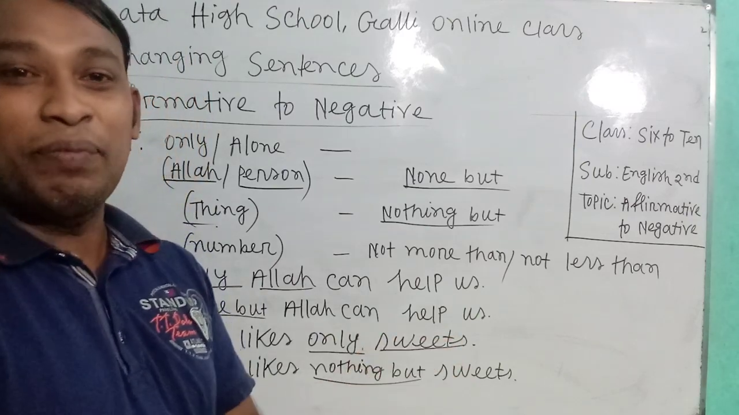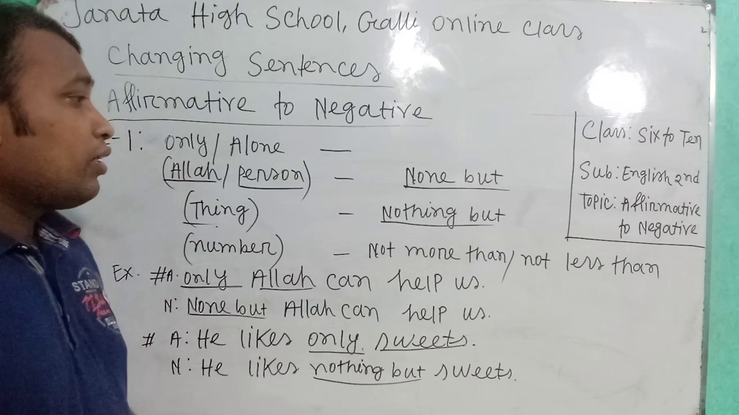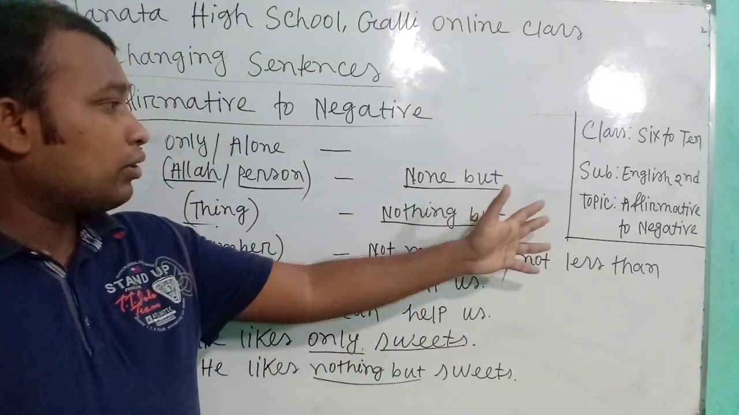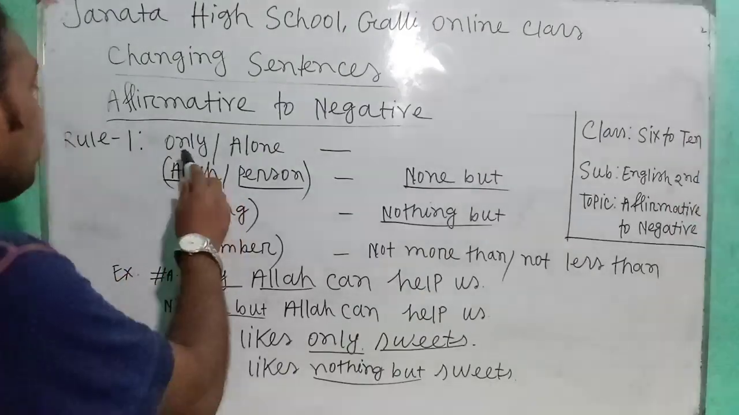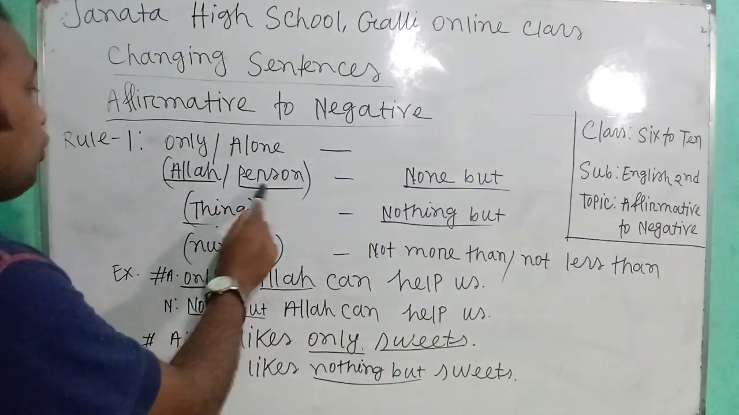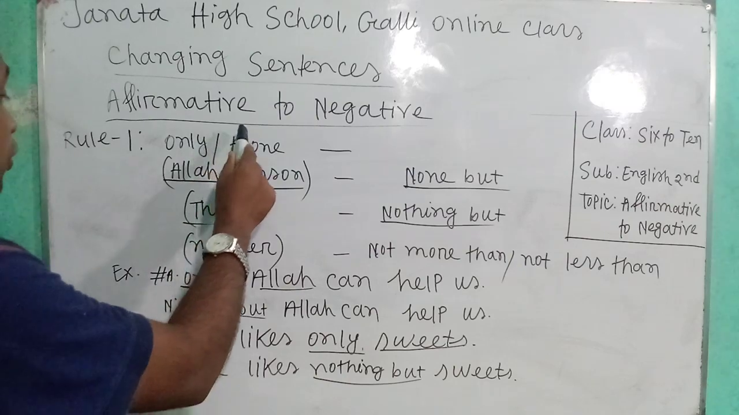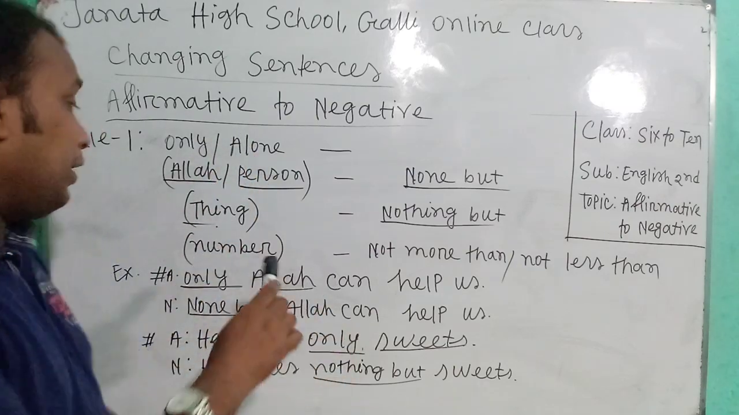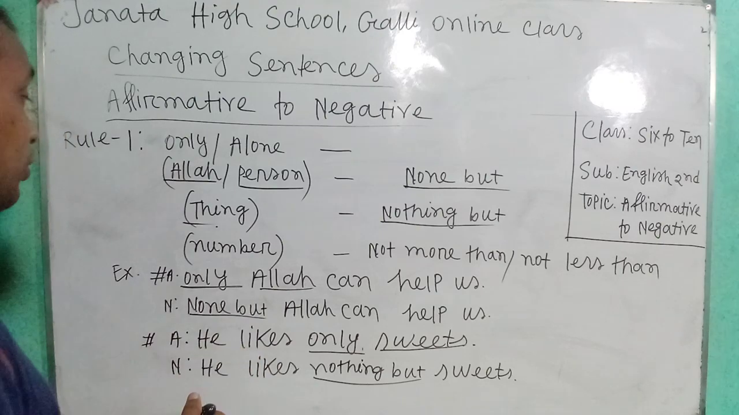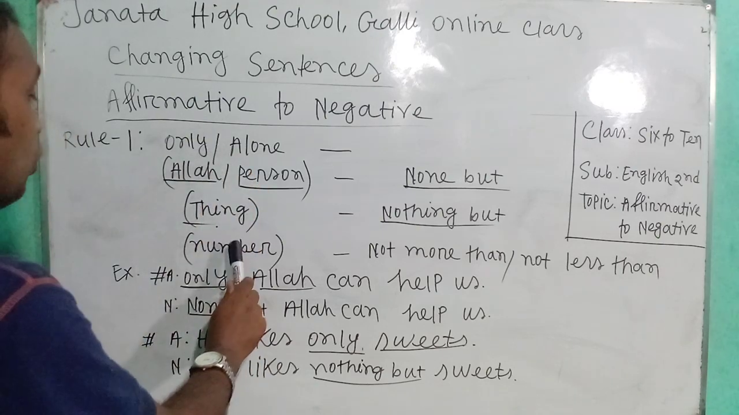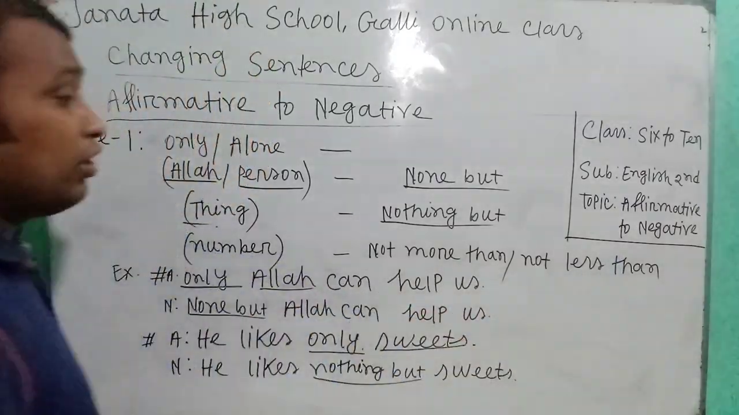Sometimes I will speak Bengali today so that the young learners or junior students can understand me clearly, as this video has been prepared for students of class 6 to 10. এখানে আমরা খেয়াল করব, যদি অ্যাফার্মেটিভ সেন্টেন্সে অনলি বা অ্যালোন দেখতে পাই, এবং এটা যদি আল্লাহ অথবা কোনো ব্যক্তিকে বোঝায়, তাহলে আমরা নান বাট ব্যবহার করব। অনলি বা অ্যালোন কোনো জিনিসের পূর্বে ব্যবহার করা হলে আমরা নাথিং বাট ব্যবহার করব। এবং যদি কোনো সংখ্যার পূর্বে ব্যবহার করা হয়, তাহলে আমরা নট মোর দ্যান বা নট লেস দ্যান ব্যবহার করব।